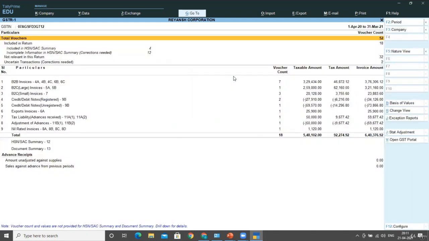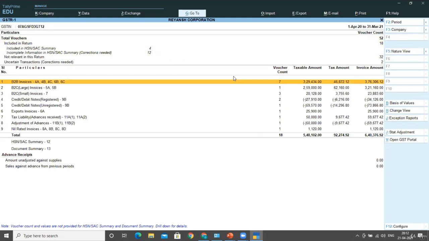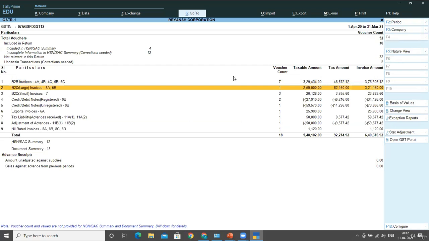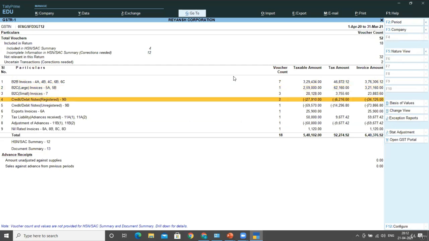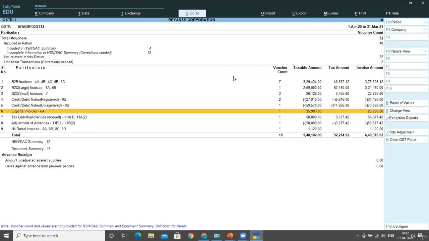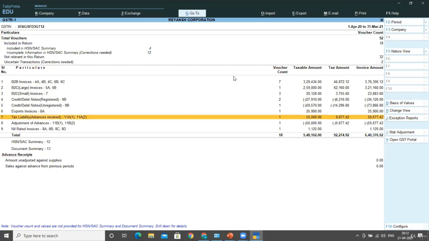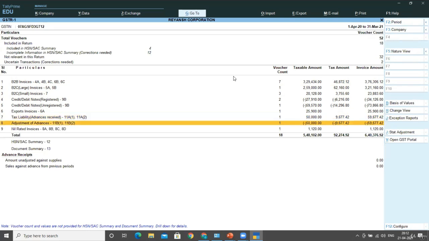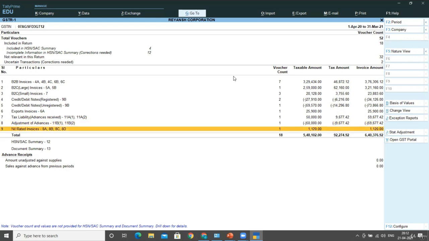31st of March. Now here you can see under the return, there are some particulars like business to business invoices. You can see the amount is given, the taxable amount and the invoice amount with tax amount. Likewise, your business to customer large invoices are shown, small invoices are there, credit or debit notes with registered dealers are there, unregistered are also there, export invoices, if you have done any export or you have sold the goods outside the country, the tax liability against your advance receipts is also there, adjustment of advances, if you had adjusted any advances, then the amount is shown over here,